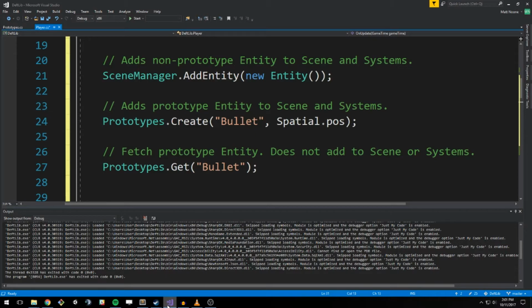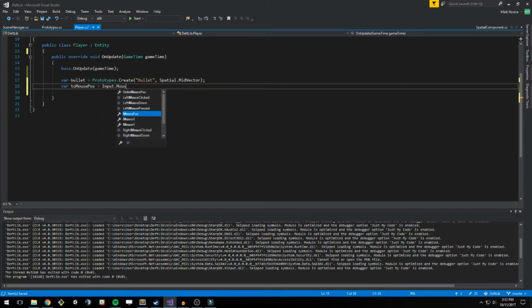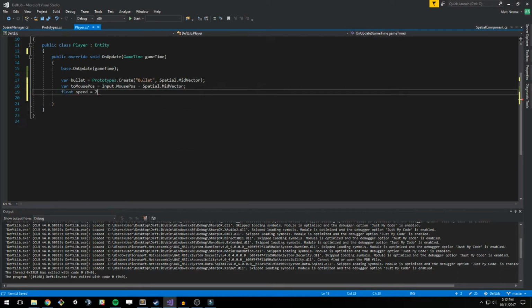In most cases, however, we will be instantiating prototypes. To demonstrate how this works, I've created a simple bullet prototype. In the playerUpdate method, we're going to instantiate a bullet and have it move towards the mouse position when the spacebar is pressed. To instantiate a prototype, we use the prototypes static class. To add an entity to the scene and subscribe it to systems, use the create method, passing in the name